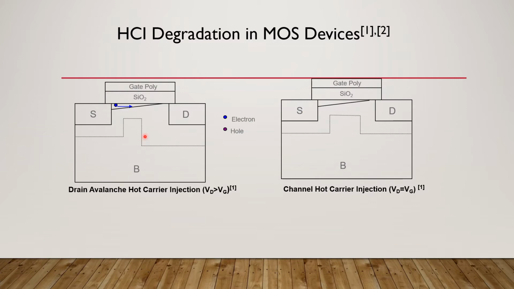Let's see how an electron that has been recently emitted by the source to bulk diode behaves. The source to bulk barrier is the barrier of the source to bulk diode, and the electron is emitted across that potential barrier by the process of diffusion. That is the reason why the subthreshold current is primarily this diffusion current, emitted by the source to bulk diode. Right now we are not in the subthreshold region, we are in proper inversion and the saturation region.